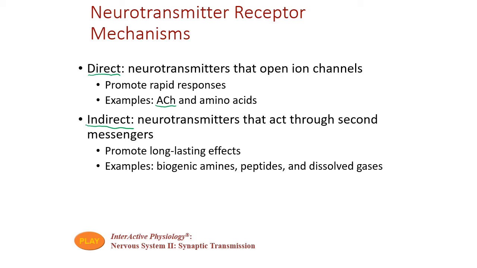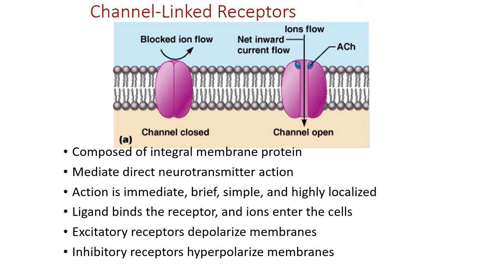They do so by using what are called second messengers. And so the neurotransmitter is the first messenger, and the chemical that is produced inside the postsynaptic cell is our second messenger. So in our direct acting cells, and so when we have a neurotransmitter that is direct acting, that